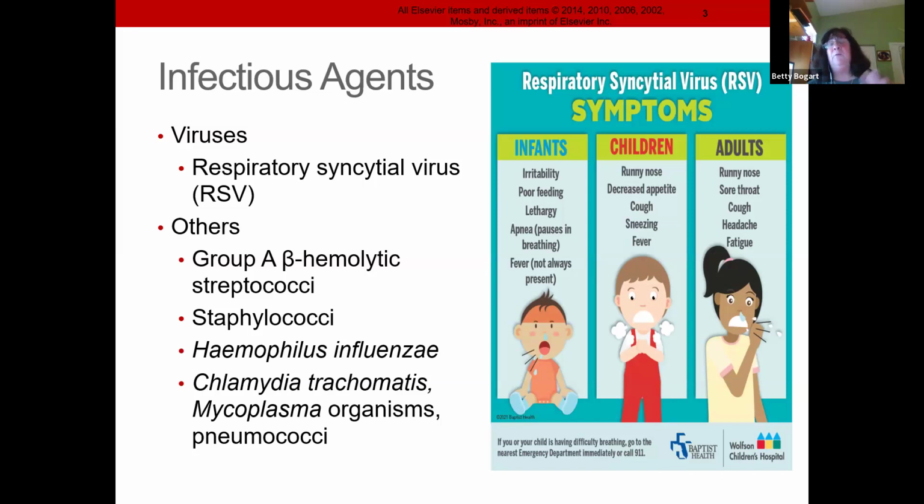So we do give preventative immunizations. Now, this is a different immunization. It's only for the first year of life, and it's from early winter to spring, and it's monthly, and it's called Synagis or Palivizumab. It's a biologic, and it's once a month, and you have to get special approval, insurance, and all that good stuff, but it works.